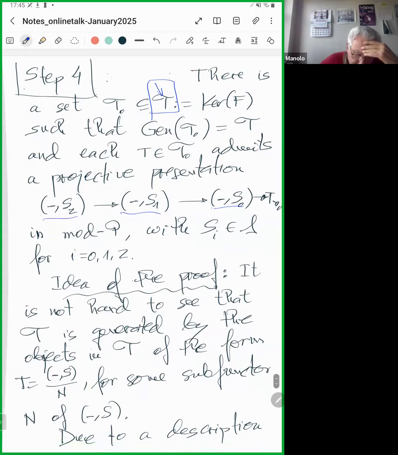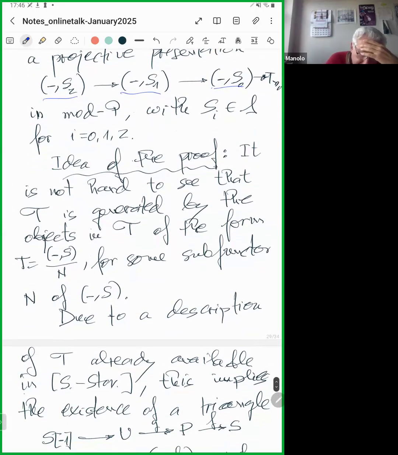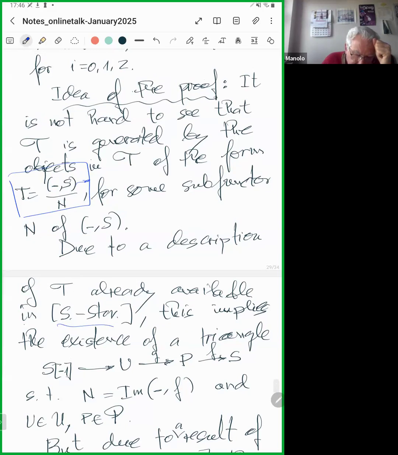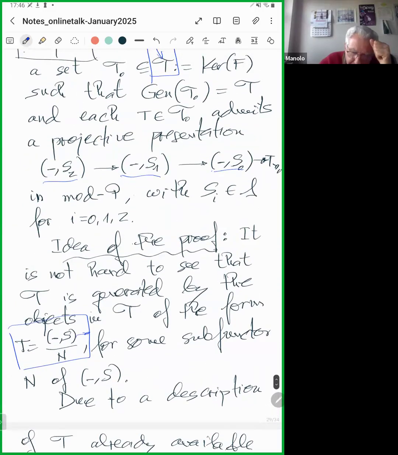The idea of the proof is to see that T is generated by the objects of T that we could call cyclic. They are of this form. They are quotients of some of these representable objects. And then, due to a description of this torsion class that is already available in my paper with Stovicek, essentially it says that T appears in a sequence like this, but the objects wouldn't be objects of S, but okay, I will say,